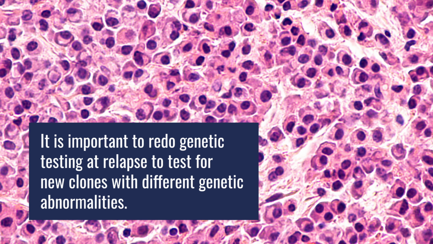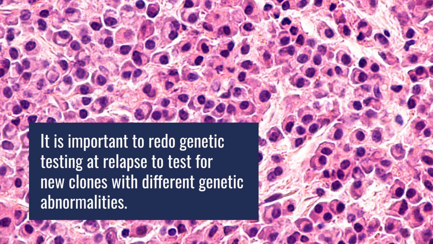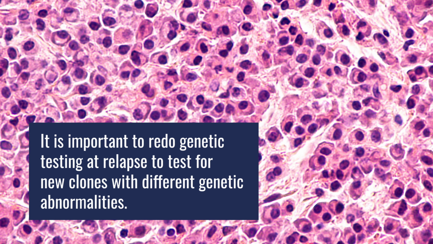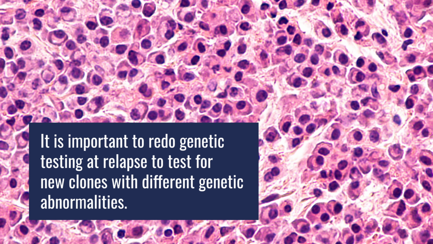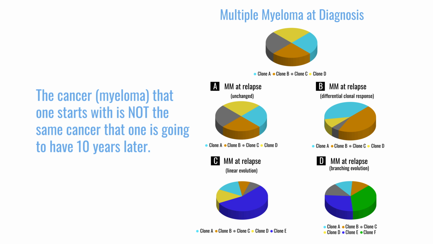So whenever we treat disease and we achieve a remission and somebody relapses, it's important to retest to see if there's any new clones or any new mutations that would help us change the way we treat that patient and change the whole panorama of that patient. So the cancer that one starts with is not the cancer that one is going to have 10 years later. There's always going to be an evolution as long as there are cancer cells alive and those cells continue to